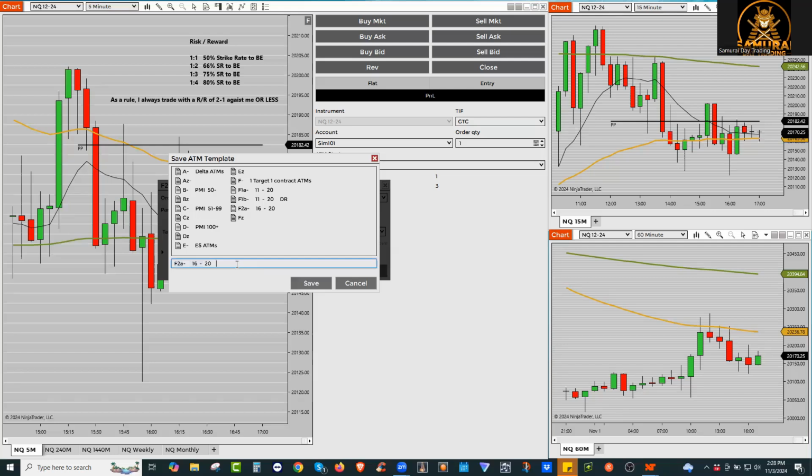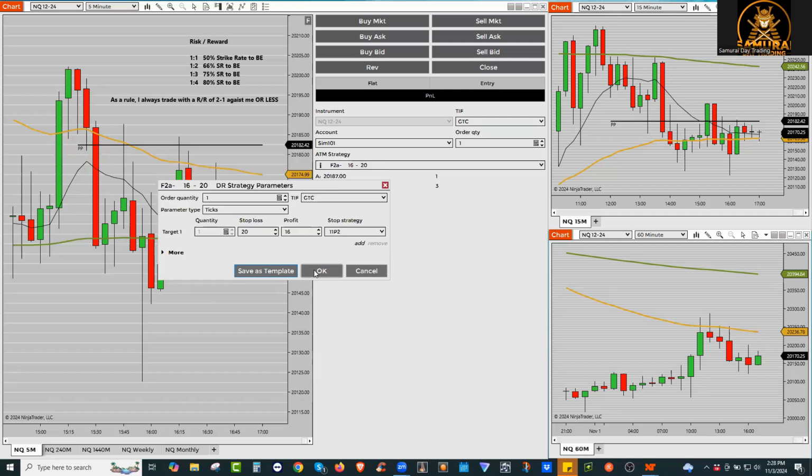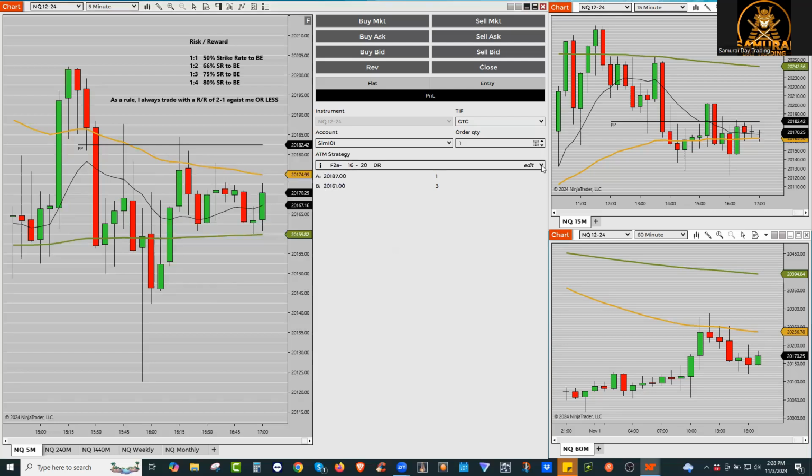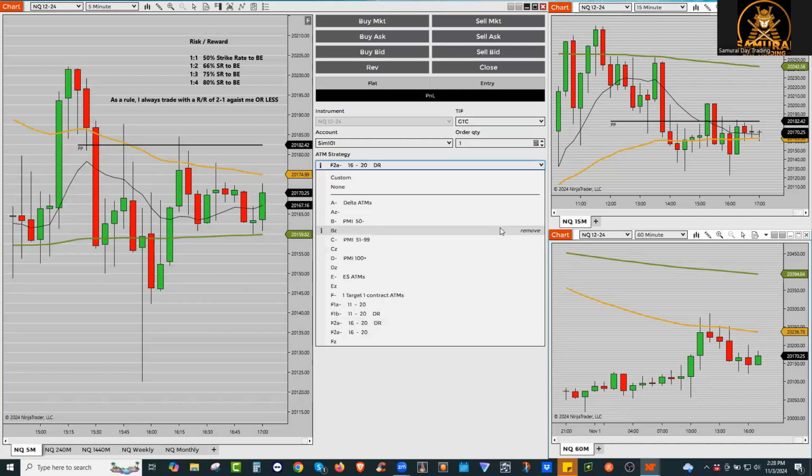Yeah, okay. Now we'll save this template. All right. So we said 1, 2, 3, 4, 5. And this is a de-risk. Okay. Now we'll save it. Hit okay. Let's see what it looks like. Now I put the de-risk first. Okay,